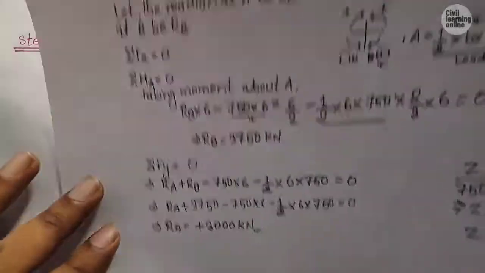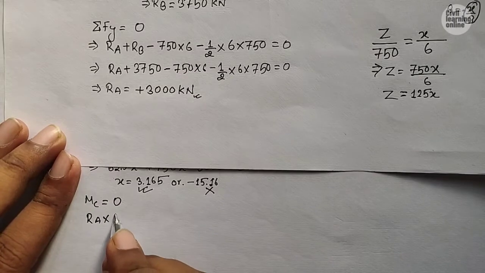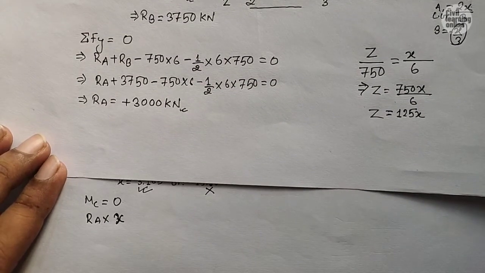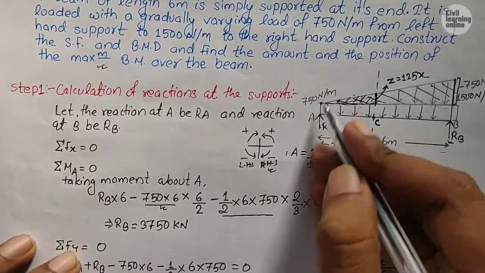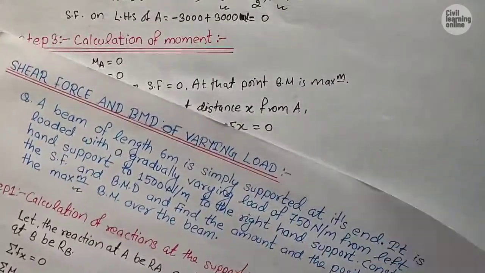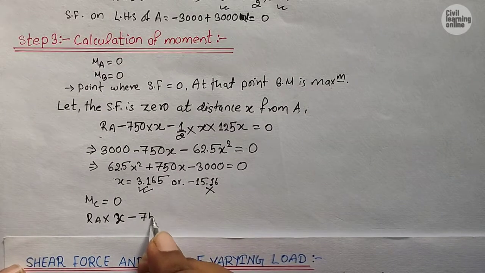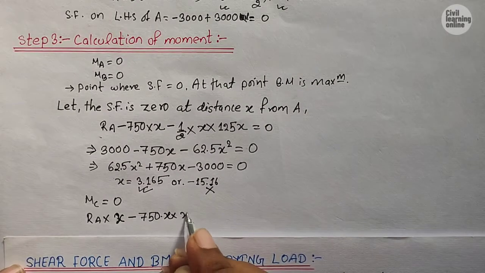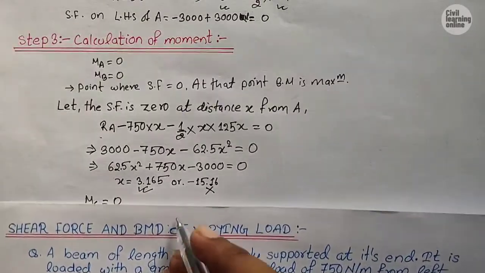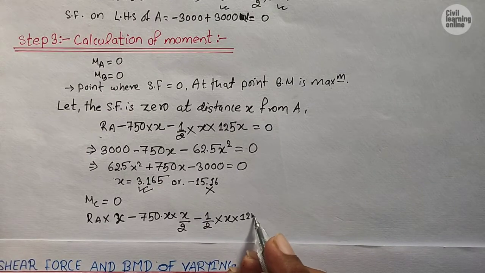Taking clockwise as positive and anticlockwise as negative, RA is taking clockwise direction, so RA into x, minus, and these two loads are taking anticlockwise direction, so minus 750 into x by 2, minus the loading of this portion, half into base into height, into